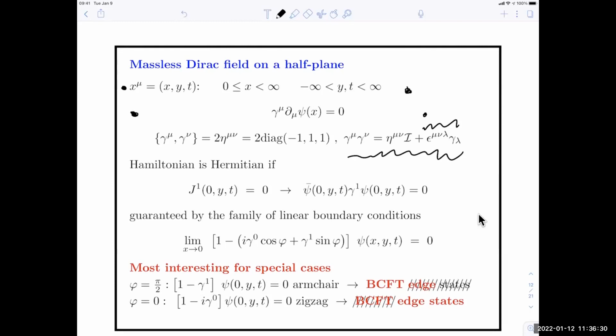Okay, so that's the Dirac equation. Of course, on a space with a boundary, it needs to be supplemented with a boundary condition. And the appropriate boundary condition is the one that makes the Hamiltonian self-adjoint. And that boundary condition is that the current normal to the boundary should vanish at the boundary so that particles aren't leaking out or into the system. And so whatever boundary condition one imposes, it should lead to this condition of vanishing current at the boundary.